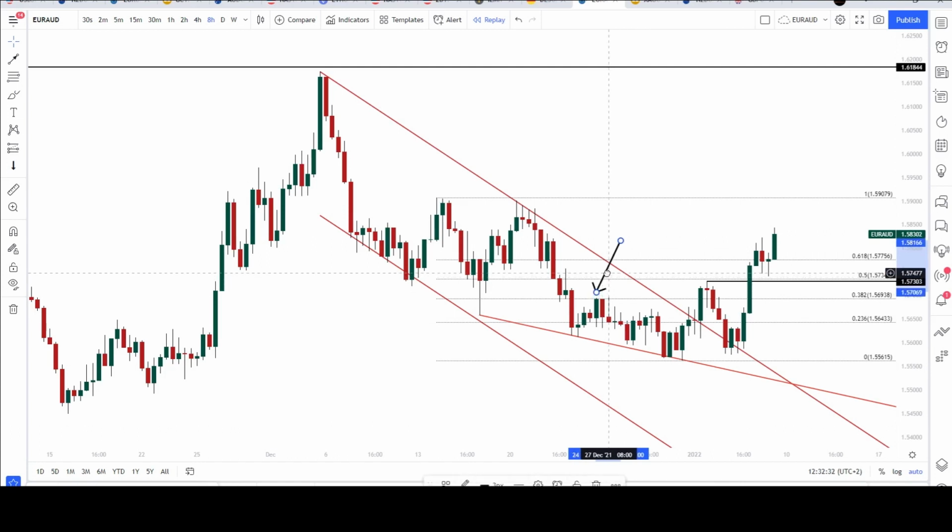Then we have the 50% Fibonacci retracement coinciding with this level. And basically, those two things tell me that for the recent price action, these levels, or this way of drawing these levels, is valid. And now talking about confluence,